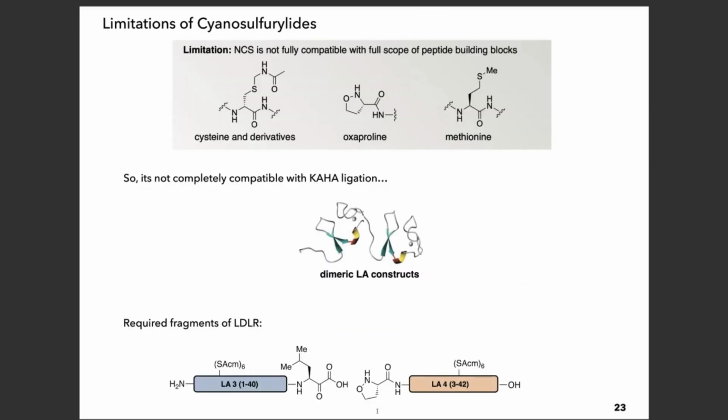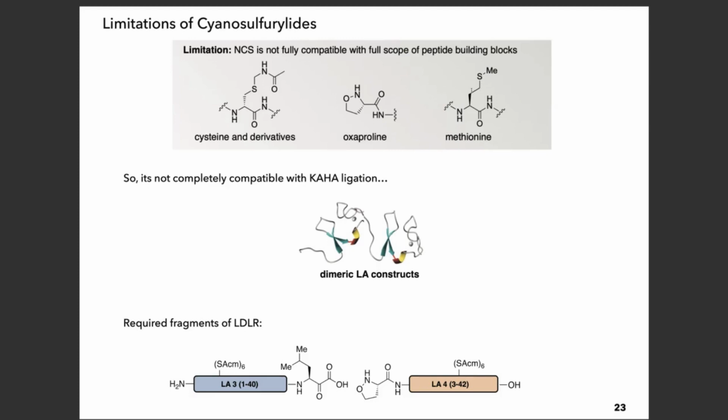So we were quite happy with this, but for some of the work that we were doing, we still recognized quite a few limitations. So one is the NCS is not compatible with Acm protected cysteines, and we typically like Acm protected cysteines. The CAHA ligation is compatible with unprotected cysteines, but we typically leave them Acm protected just to facilitate the handling of the peptides, particularly when we have many of them. If we are using oxoproline in unprotected form, the NCS will also oxidize the oxoprolines, and NCS and methionine